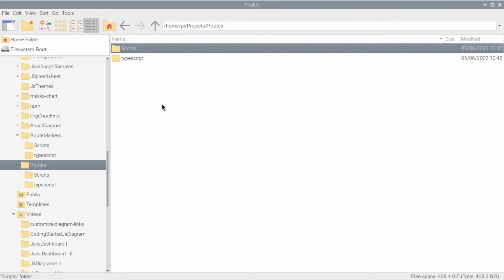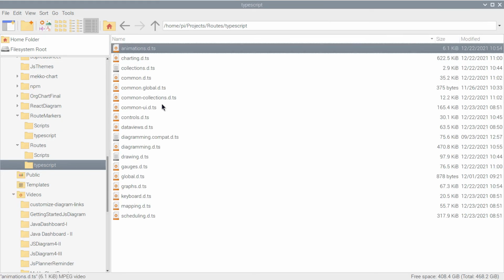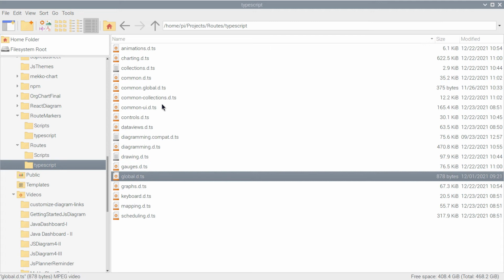We also copy all TypeScript files. We need those for IntelliSense support.